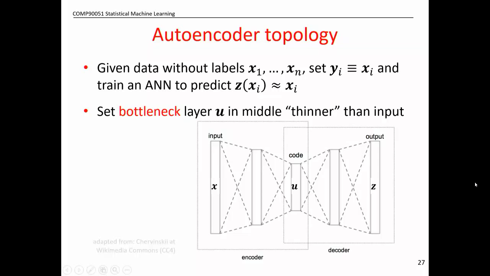So we're going to predict as our Y's, our X's. But the critical thing is there's going to be what's called a bottleneck layer in the middle. And maybe you get thinner and thinner as you get there or not, it doesn't really bother me. But the point is, you're going to have a very narrow layer in the middle. And so the intuition is that we are throwing information away, maybe. Or we're throwing away the information that kind of depends on the other information.